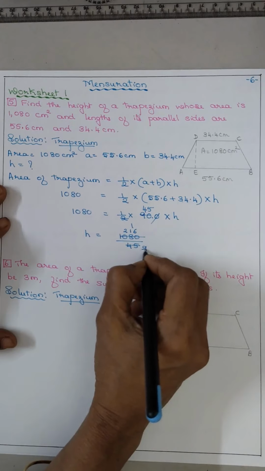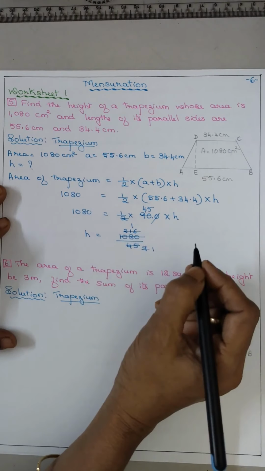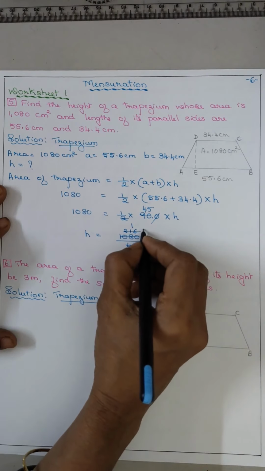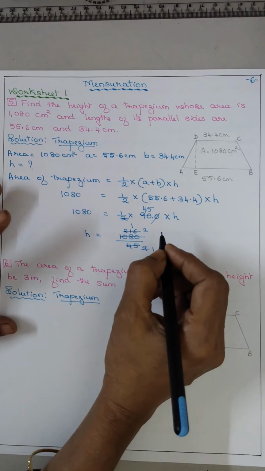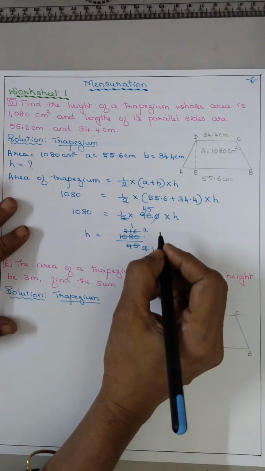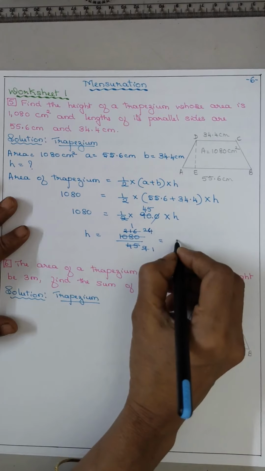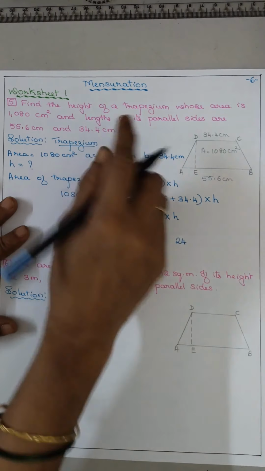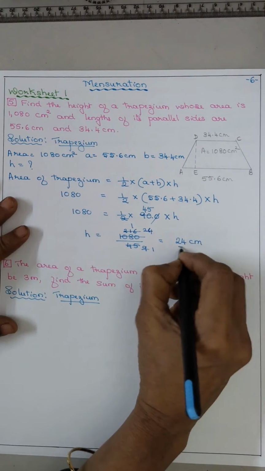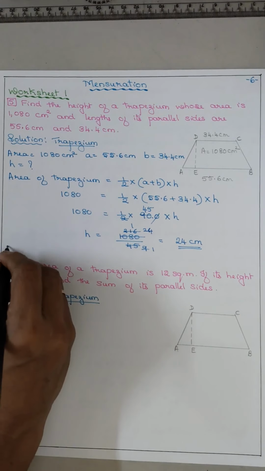Now 9 1s are 9, 9 2s are 18, 19, 20, 21, 36, 9 4s are 36. So you got 24, it is in centimeter. Answer,